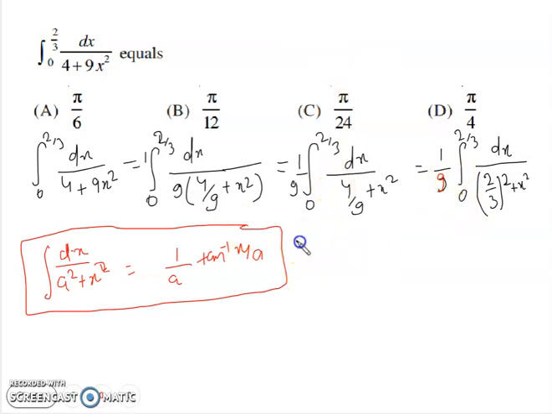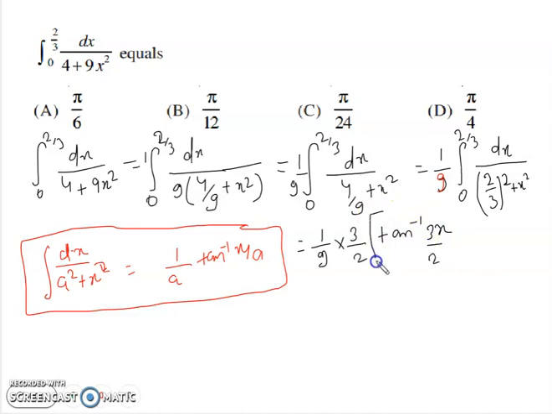we can write this term equal to 1 by 9, and after that 1 by a means 1 by 2 by 3. So we can write directly 3 by 2. We don't have any problem, okay. And tan inverse x by a, okay. So what is the value of x, and what is the value of a? So we can write 2 by 3 in division. When we send the denominator into the numerator, 2 by 3 becomes 3 by 2. So we can write 3 by 2.